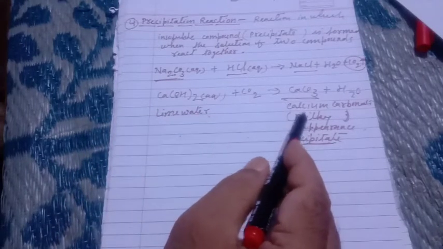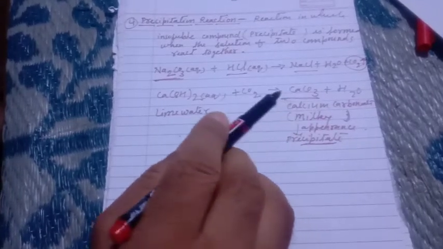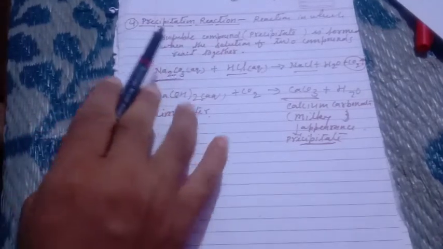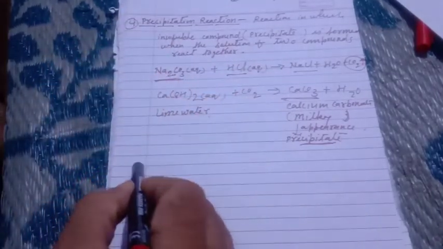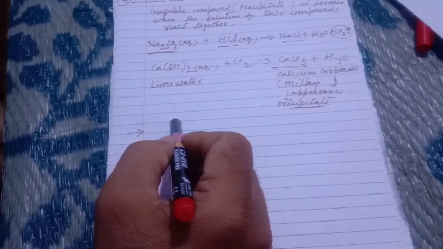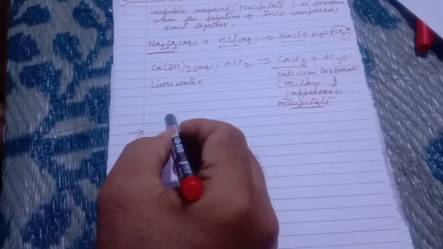So precipitate is nothing but an insoluble substance which is formed during the course of reaction of two substances' aqueous solution. And now try to understand. Here we can widen the horizon of this definition. Precipitate is also formed when gas is supplied to the aqueous solution of one substance. Here you can write, precipitate is also formed